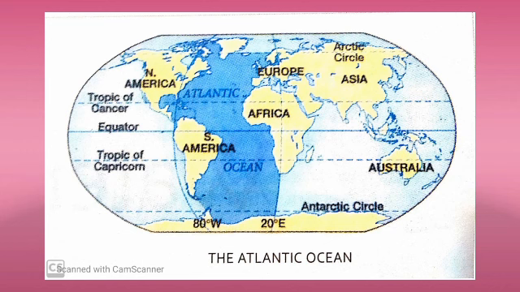The coastal line of the Atlantic Ocean is highly indented. Indented means form deep notches in a line or surface. So the coastal line of Atlantic Ocean, children, is longer than the coastal lines of Pacific Ocean and the Indian Ocean put together. So it has a very large coastal line.